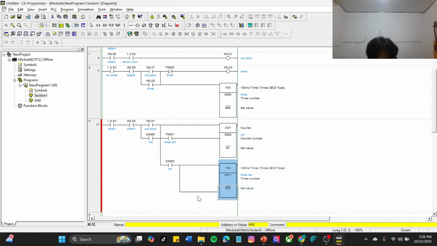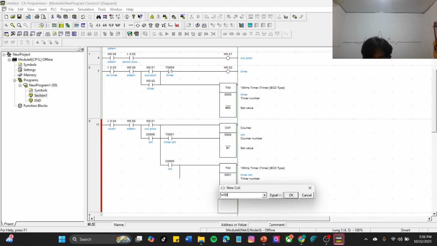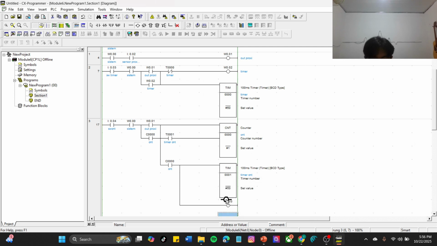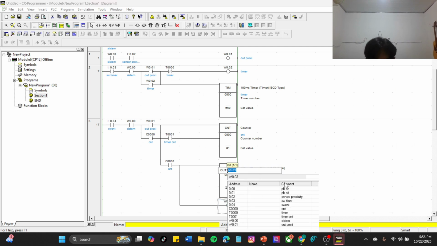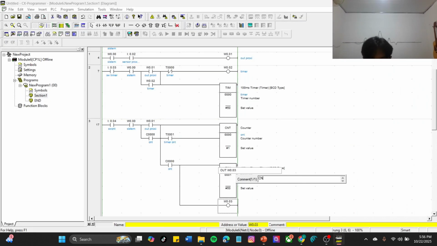Okay, make the wiring here. This is wrong. Here W003 and CNT, okay.